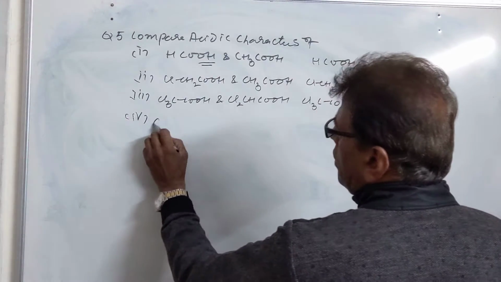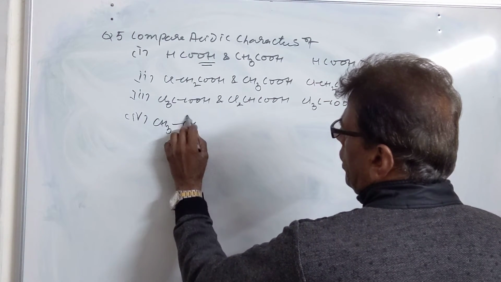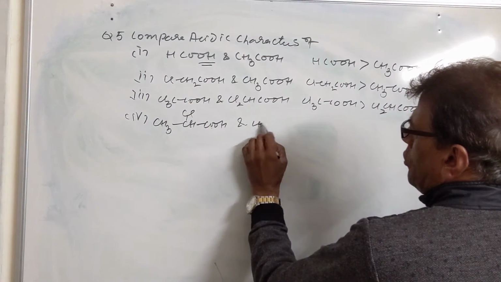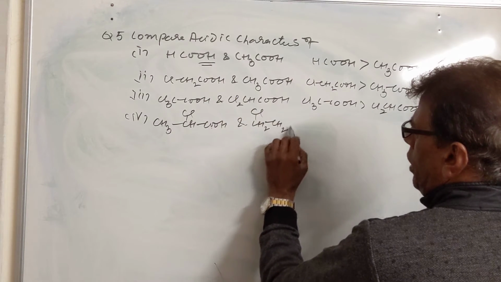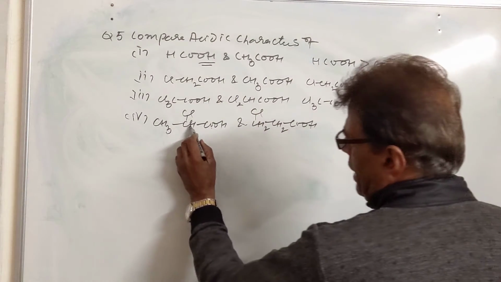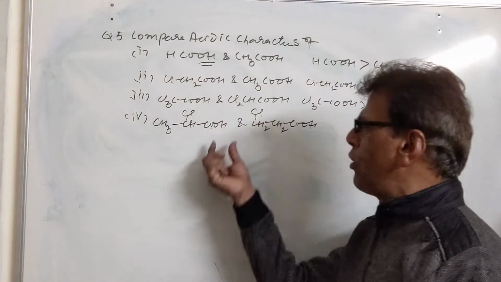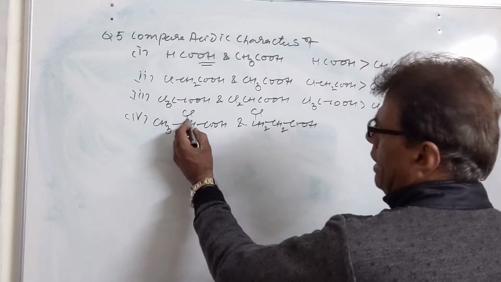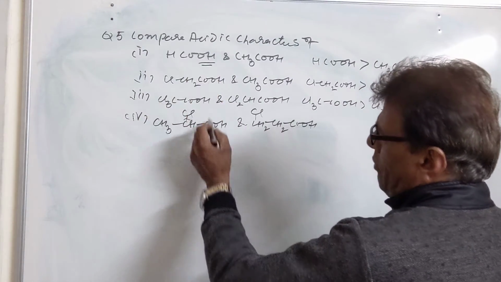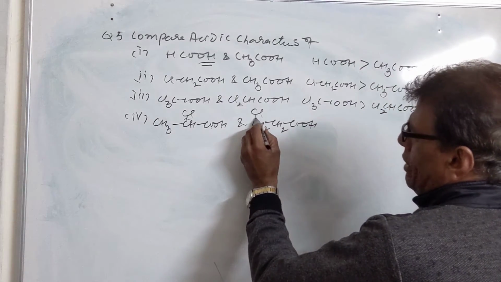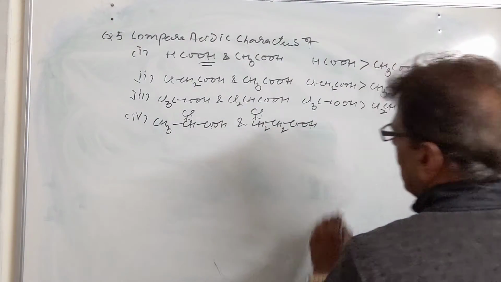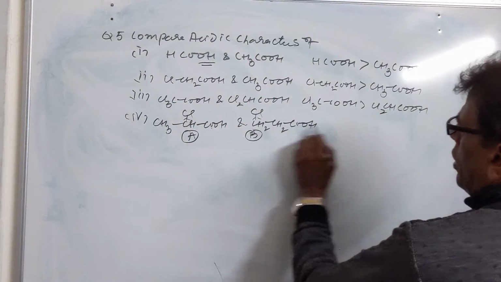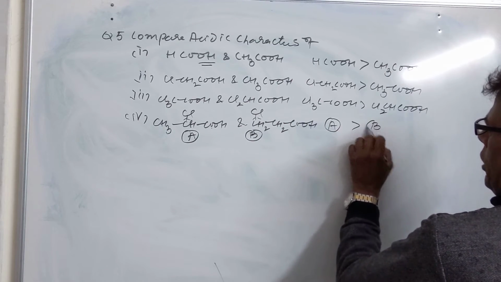Then we have the comparison where in one of the acids chlorine is present nearer to the carboxylic group and in the other it is present slightly away from the carboxylic group. In such cases, the lesser the distance of the electronegative atom from this OH bond, the more will be the acidic character, because it will exert more minus I effect on the OH bond. Therefore we can say that A is a stronger acid as compared to B in this case.